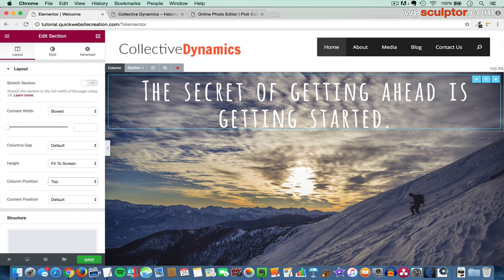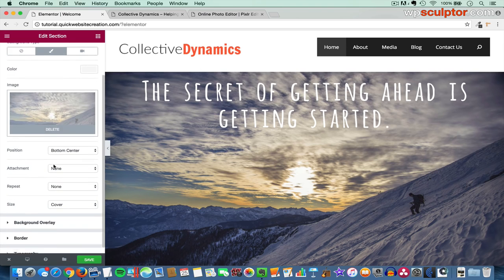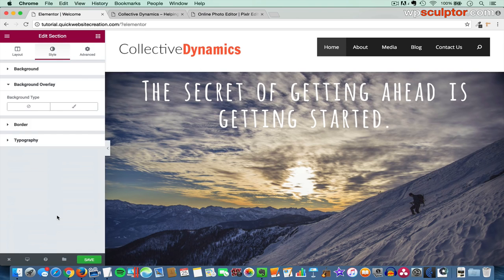And then the next thing you'll notice is that the text is a little bit difficult to read, so we're going to make our background image darker. So again, we're going to access our section settings by hovering over the section and clicking on the Section tab, which we already have those options pulled up. Let's switch back to the Style tab, and we're going to scroll down and click on Background Overlay, and then